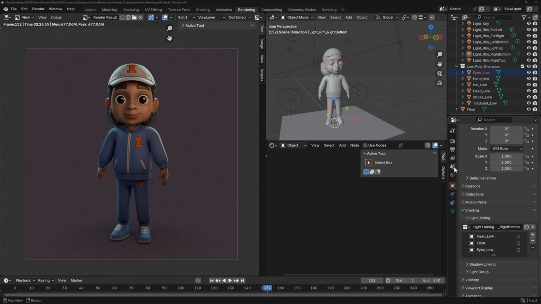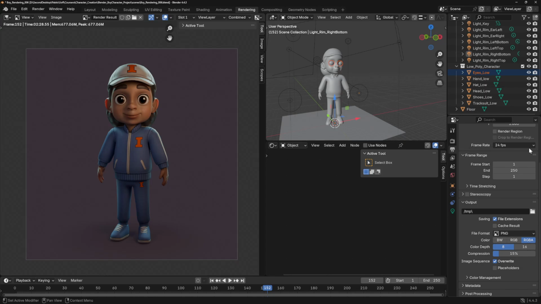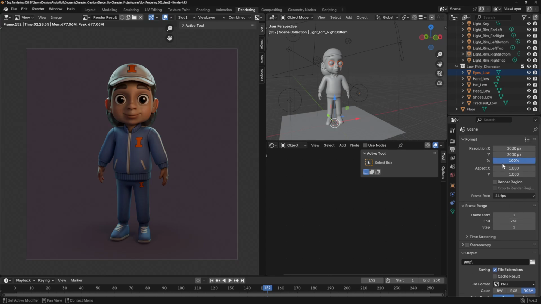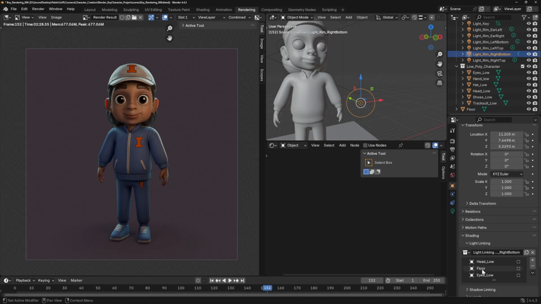So I went ahead and did my final render here at 100% resolution. But before I did that, I actually did my last tweaks on my lighting and just everything here. So first things first, the eyes themselves were getting some highlights here that I didn't want. So for my bottom rim lights here, I went ahead and added the eyes low and unchecked them, right, for